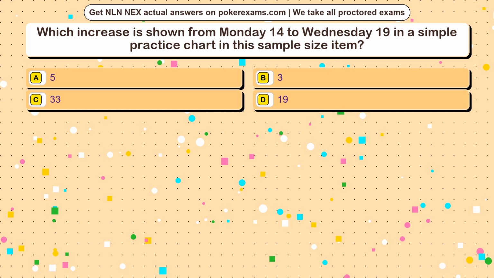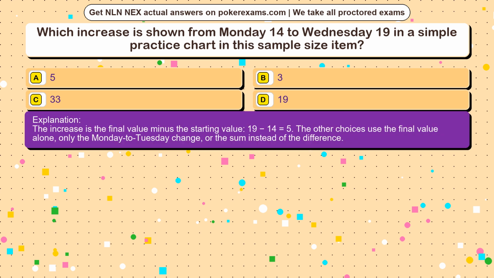The correct answer is option A. The increase is the final value minus the starting value, 19 minus 14 equals 5. The other choices use the final value alone, only the Monday to Tuesday change, or the sum instead of the